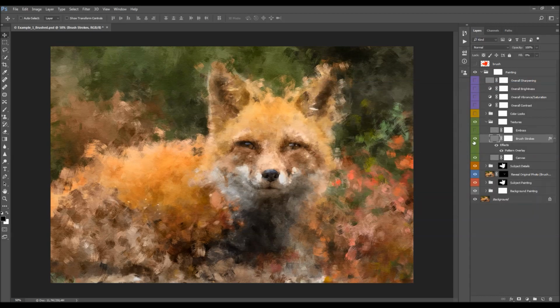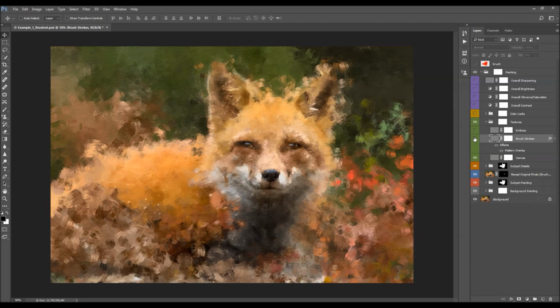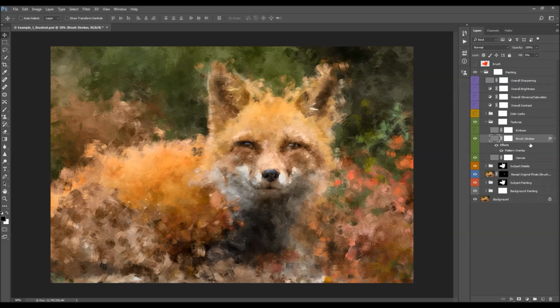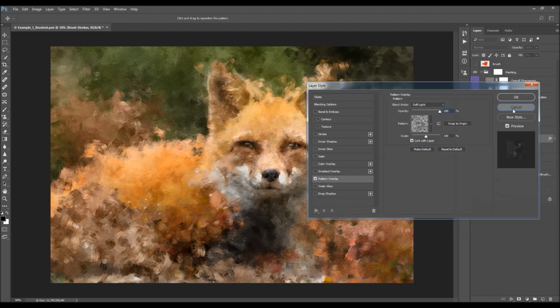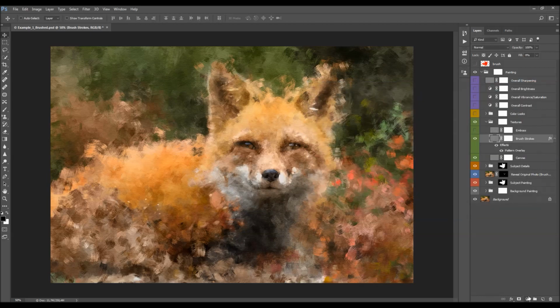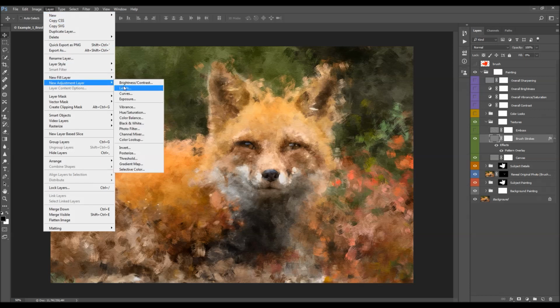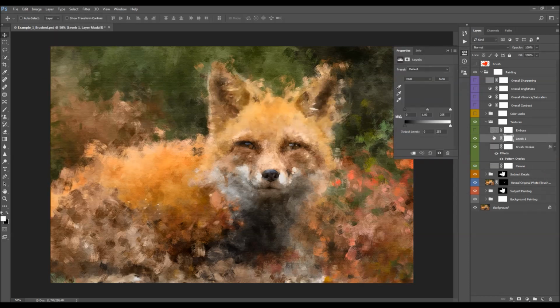And one more thing that you can do is if you need to adjust the brightness of this texture, which is too bright on some areas or too dark on some areas, what you can do is after you finish customizing texture here, you can just go to the layer, new adjustment layer, levels, to create a new levels adjustment layer, and press Ctrl Alt and G, or Command Option and G on your keyboard to create a clipping mask for the brushstrokes layer. And now here you can use the sliders to adjust the brightness